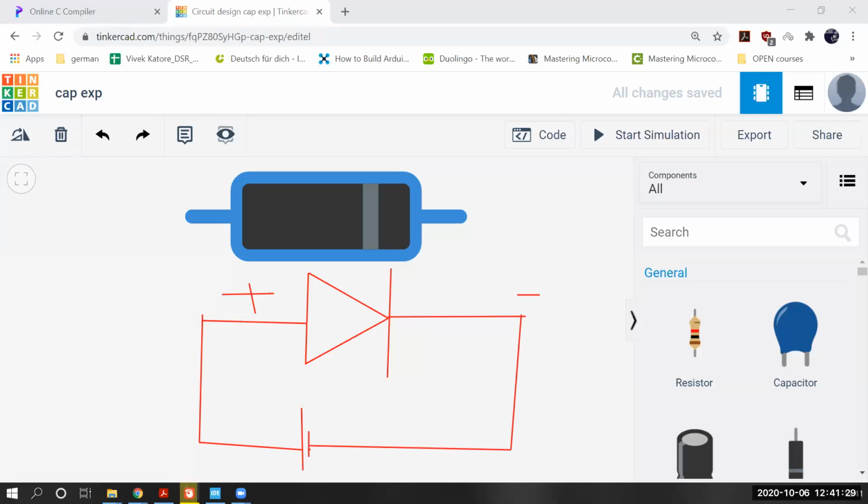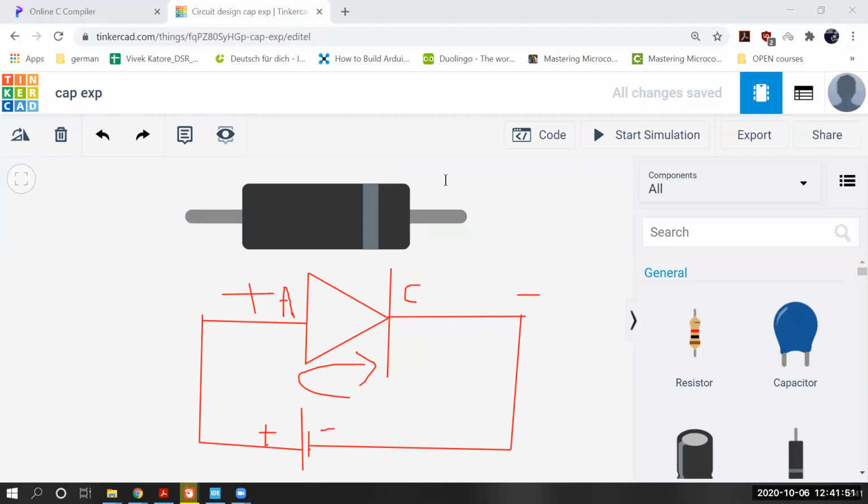then current will flow. So always remember, this is the plus side, this is the minus side, and this is the anode side. This is the anode, and this is the cathode. If you connect anode to plus side and cathode to minus side, the current will flow.